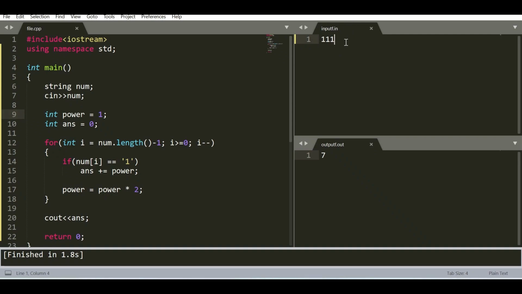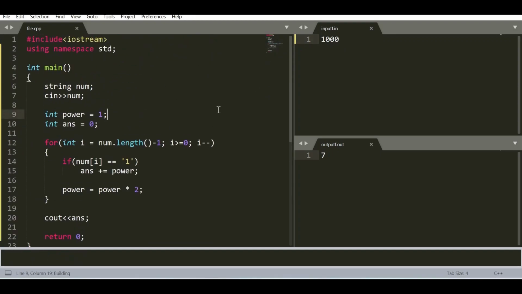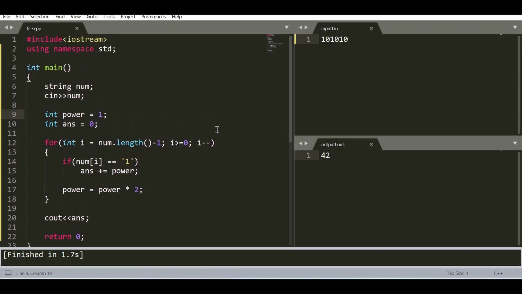First one was 1000 and the output is 8, so let's run for it. Yeah, the answer is correct. And the second one was 101010, and the answer should come 42. Let's check. Yeah, the answer is coming 42. So this is the complete logic for converting a binary number into its equivalent decimal number.